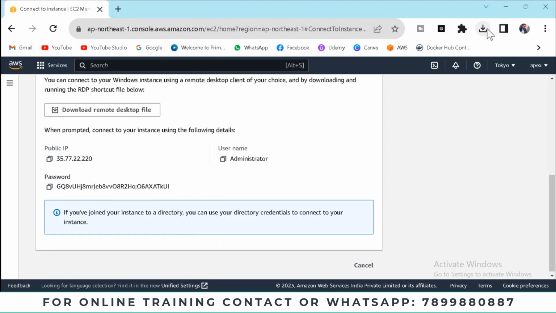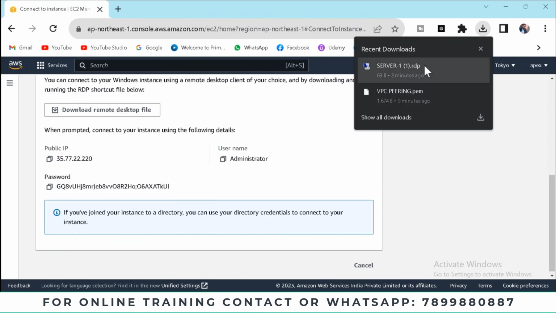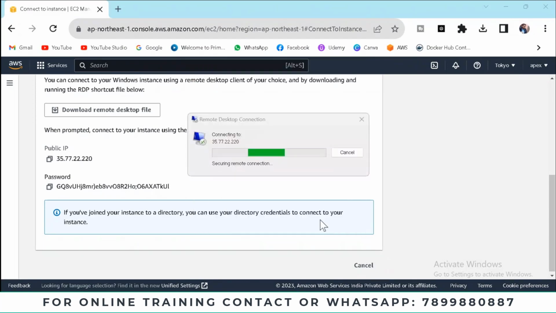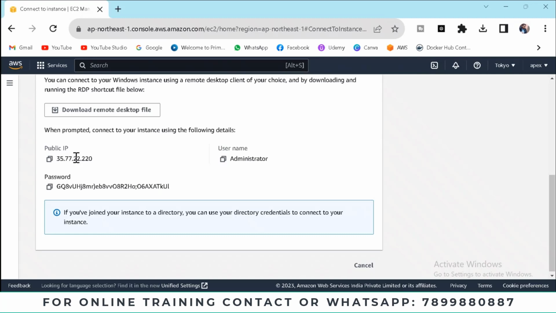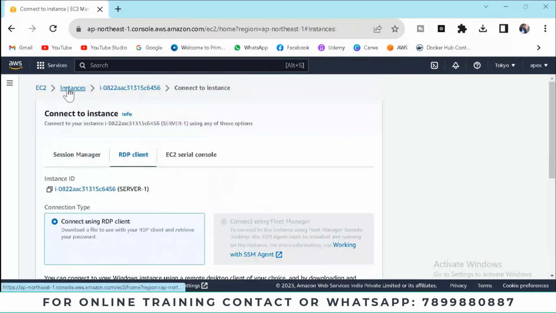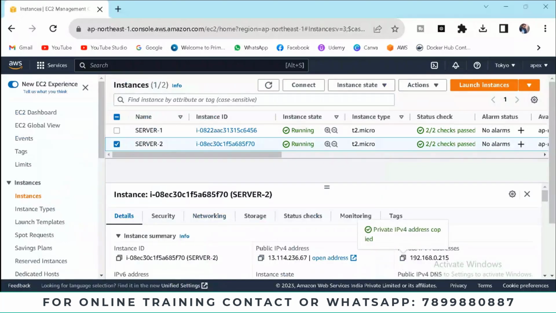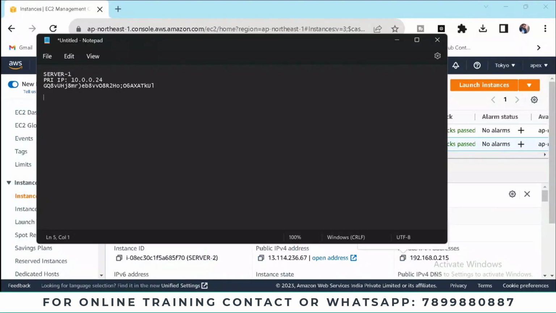See what you need to do. Once you are done with this, here you need to click on this server 1, and here we need to connect it and paste the password of this RDP. Paste it and connect it. Okay, so let it connect. So once it is connected, again we'll go to instances, we'll connect server 2 also. So click on this. So copy your private IP. So here what you have to do,